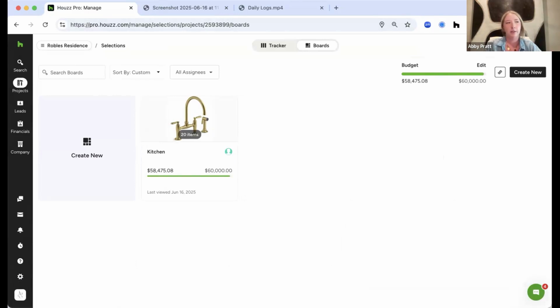So the way that we organize our selections is through boards. So you can name your boards anything you want. If you want boards for each room, everything that goes in the kitchen, everything that goes in the primary bathroom, everything that goes in the living room, you can do that. Or you can create your boards by allowance: all the plumbing, all the electrical, all of the paint colors. You can do that as well, as well as set budgets for these things. So you can set an overall project budget for the finishes,